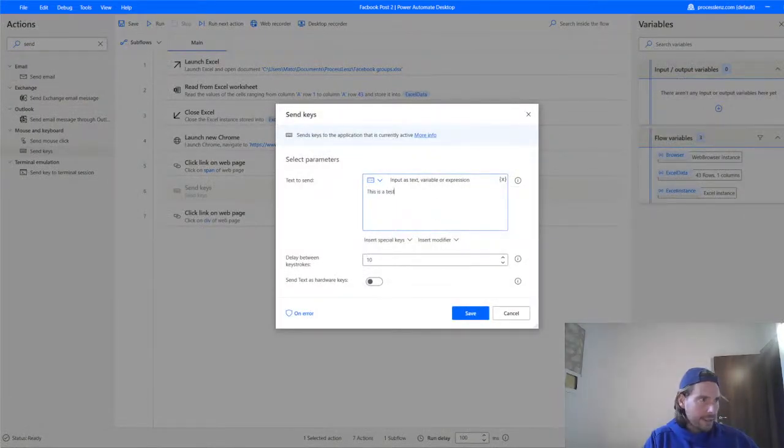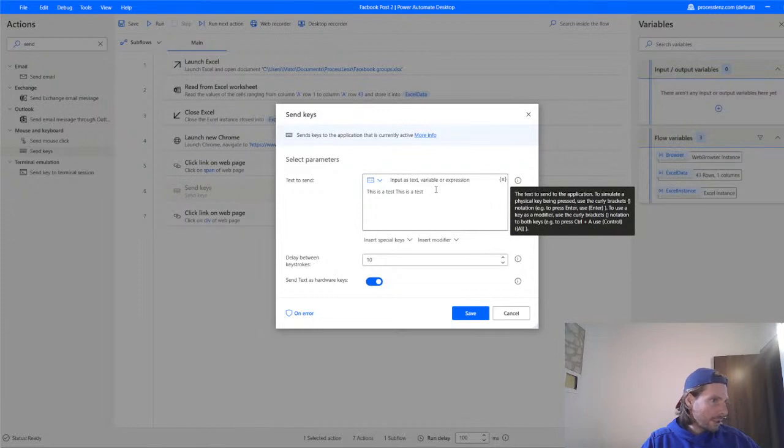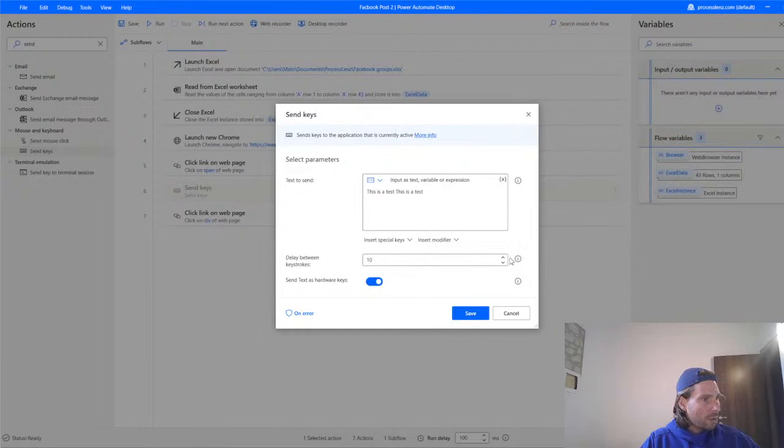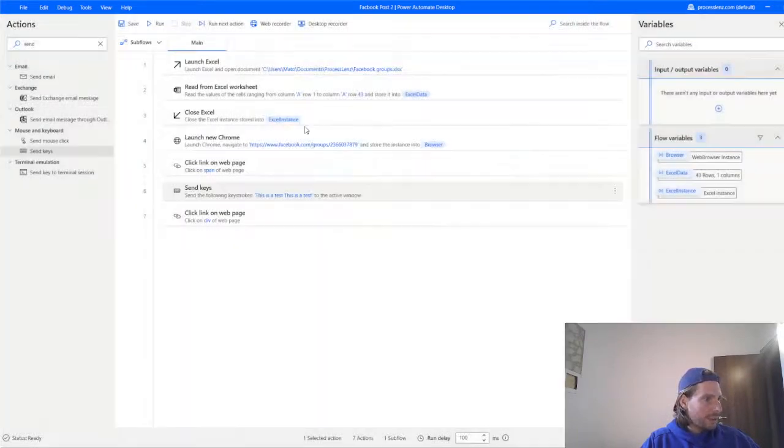This is a test. We are gonna send text as hardware keys. This is going to simulate like a person is typing in, like if there is an up and down from the keyboard and mouse, and this will fool the JavaScript and will make the process be more stable. So we should also increase a little bit the delay between the keystrokes. Another thing that you should consider doing is increasing this to, let's put it 200 for now, and let's also